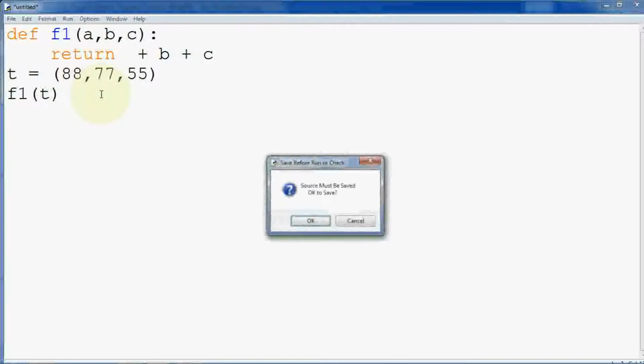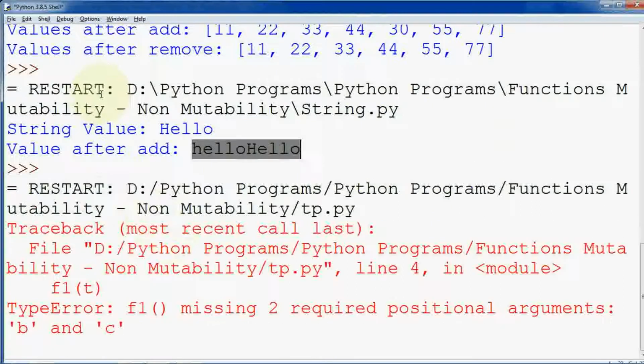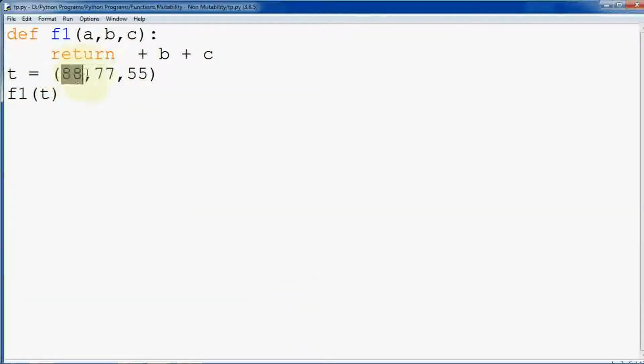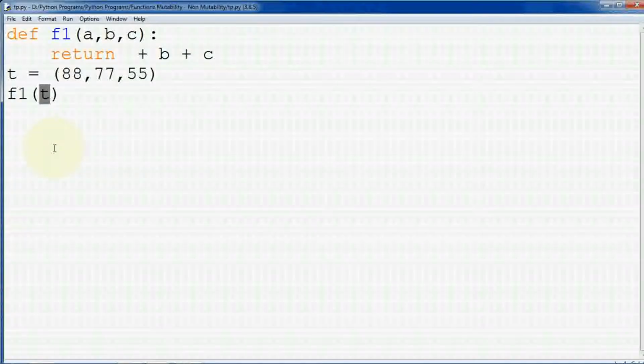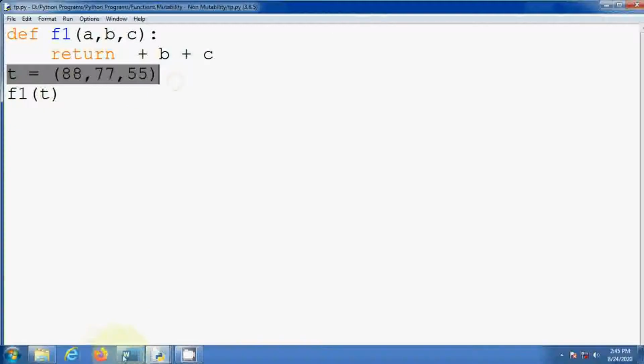When I run this program, you can see the error: missing required positional argument. It means that when you are passing values to a function, these 3 values should be required as per positional or required arguments. So 3 arguments are required, it is telling like that. This problem comes when we are declaring a tuple. So I will solve this problem.